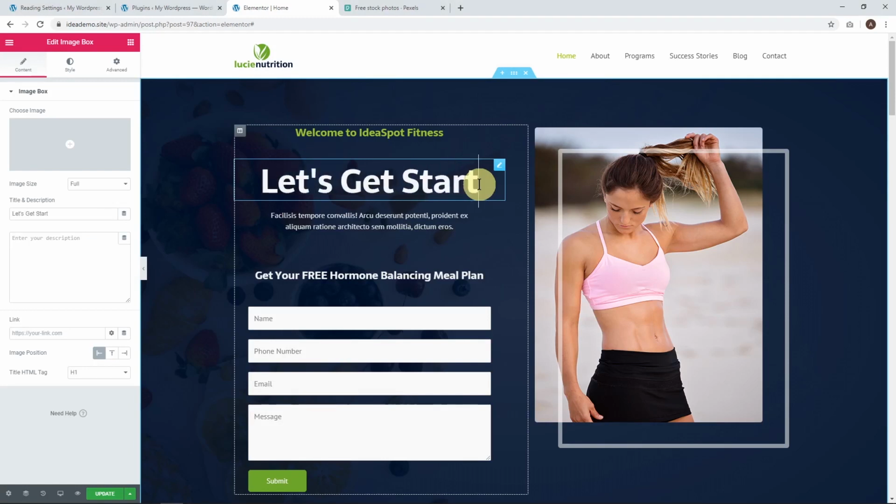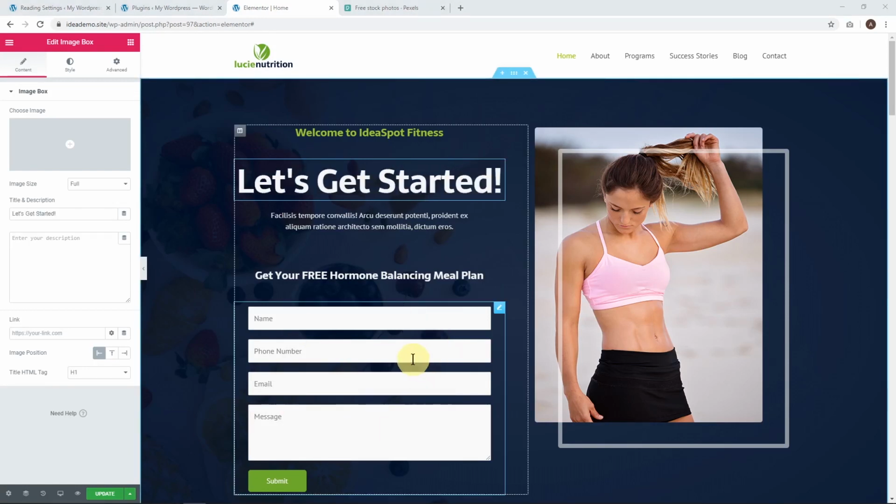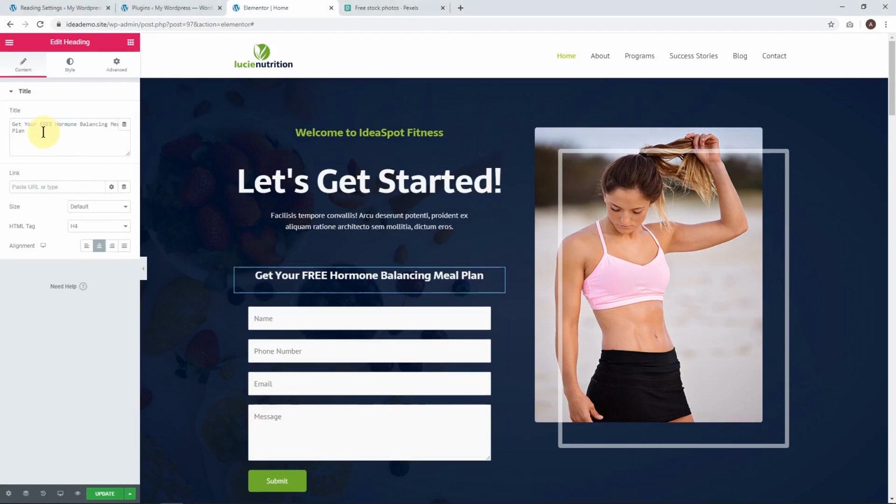let's get started. Now down here, they've got a contact form where readers can get in contact with you through filling out their details and hitting the submit button there. Now they've called it a way to get your free hormone balancing meal plan, but we could totally change that to something else. Let's just call it get your free beginner training